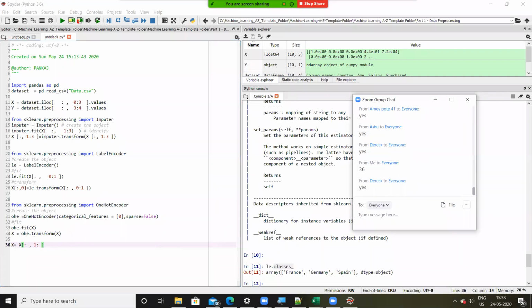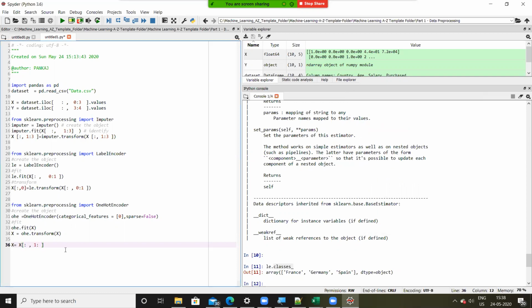I just see one response. What about others? I am saying new x is equal to old x, all the rows, and from old x, start from column index 1. Do not consider column index 0. From 1, go till the end. When you don't mention anything on the right-hand side of the colon, it will always go till the end.